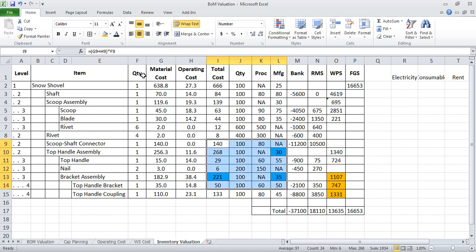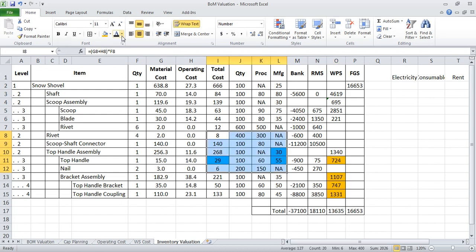Let me explain the last component. One more component, that's 55 components remaining. Top handle, 55 numbers were there. Out of 55, 30 were taken to make top handle assembly. So 25 would have been remaining. So these 25 were multiplied by its total cost of top handle item, that's 29 rupees, which will give me 725 rupees as my work in progress inventory.